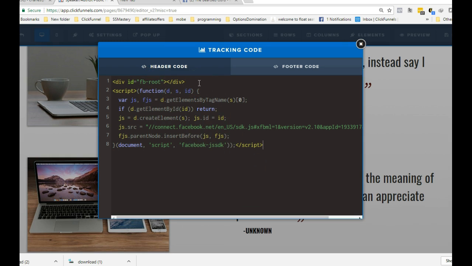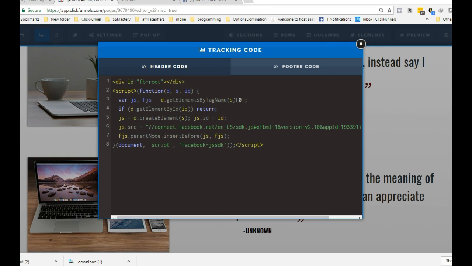Now, I didn't have you do this before because we were using the default app ID for the page. But it looks like that might be an issue now. So in order to bypass that ever happening again, I'm showing you how to create your own app so that you can have your own app ID for this process, and you don't have to worry about ClickFunnels making any changes on their end to the default Facebook app, and you'll always have your own. So once you have that code in,